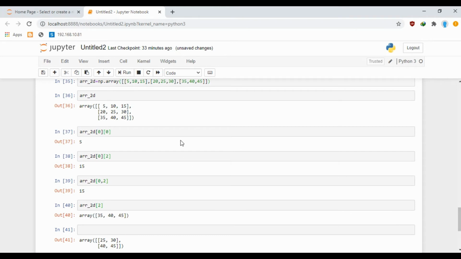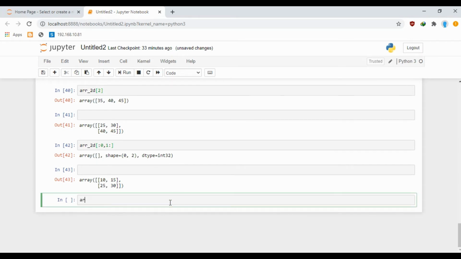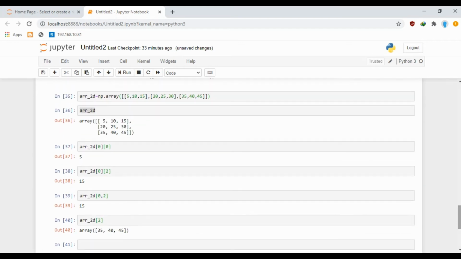Okay, so now I'm going to show you how we can get the sub matrices from a matrix. So we have this array arr_2d, which is a 3 by 3 matrix. So if I want to get 10, 15, 25, 30 from this matrix, I can do it by, so in the first parameter we'll be passing two arguments. In the first argument we just need to specify the number of rows. So in the above matrix we want this row and this row, which are the rows at the 0th index